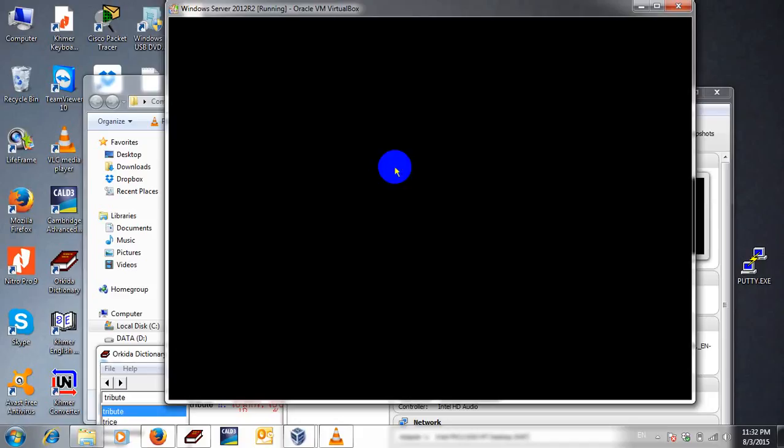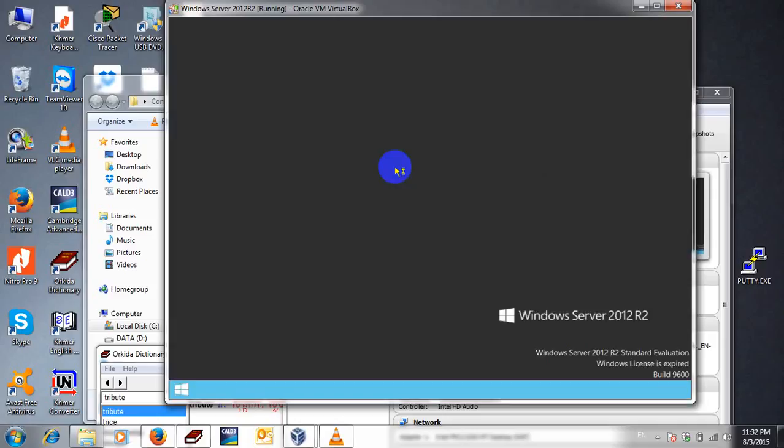Please remember that when we set up Windows Server or other Windows, we have to make sure that we set the computer name to the name of the server. We should set the computer name according to the service of the server.